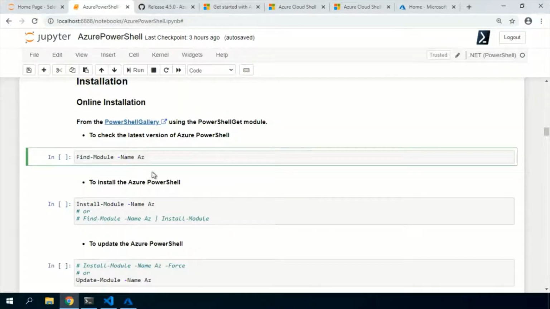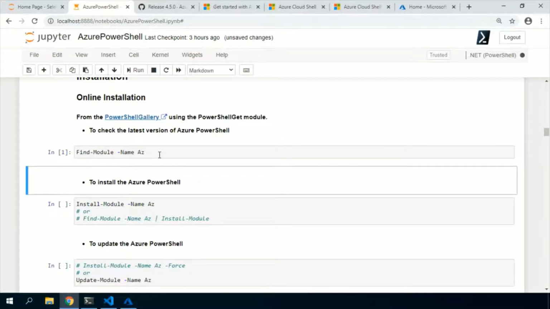For the online installation, I want to see what the current module available for Azure PowerShell is. For that, I have to use Find-Module and the name of the module, and run it. It connects to the PowerShell Gallery and pulls the latest version of the module. I think it is still running.